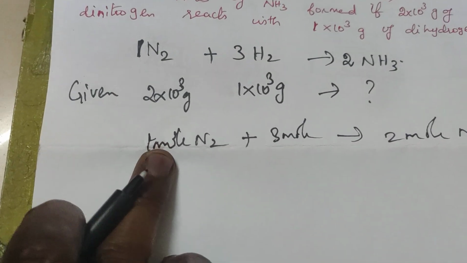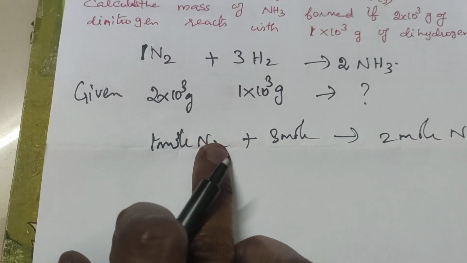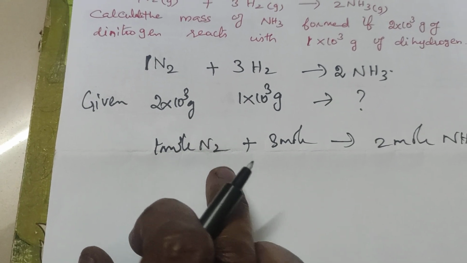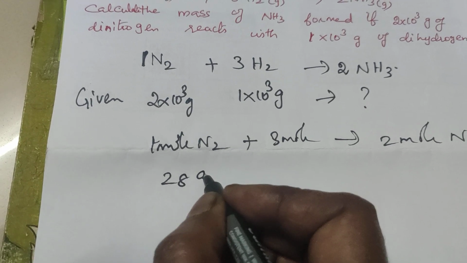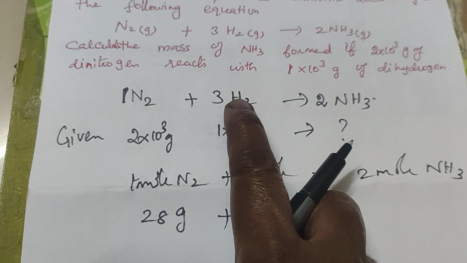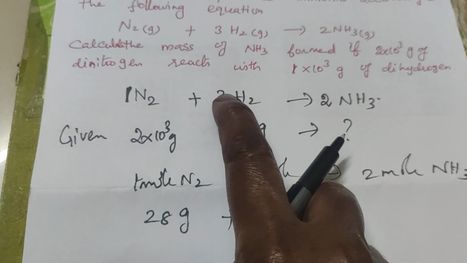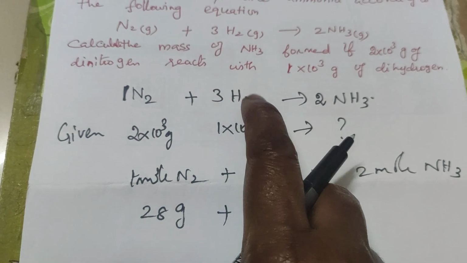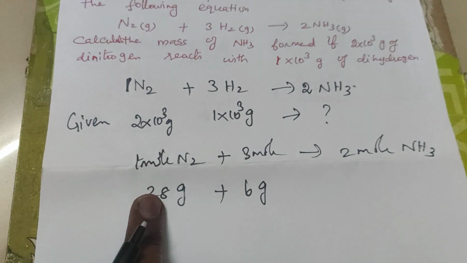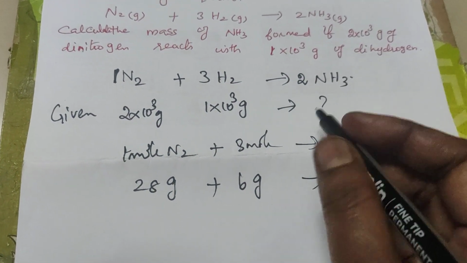Then in terms of mass, for nitrogen, N mass is found to be 14, since there are 2 nitrogens, 2 into 14, you will get 28 grams. Similarly for hydrogen, one mass is 1 gram, there are 2 hydrogens, so 2 grams. Since there are 3 moles, 3 into 2 you will get 6 grams, right? So 28 gram of nitrogen is reacting with 6 gram of hydrogen to form